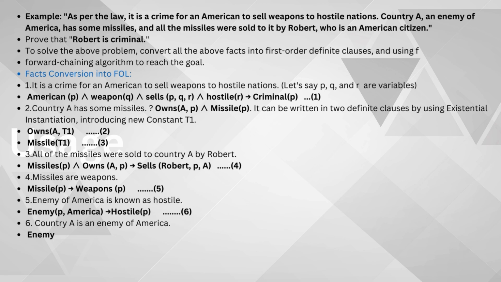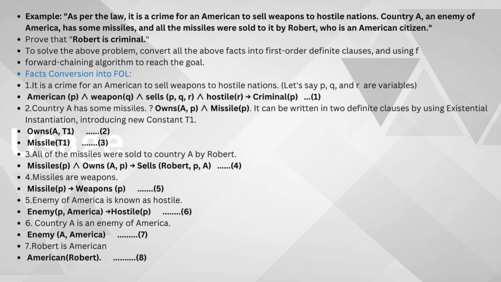Facts conversion into first order predicate logic. It is a crime for an American to sell weapons to a hostile nation. So, it can be written in first order predicate logic as: P is an American and Q is a weapon and P sells Q to R and R is hostile, implies that P is a criminal. So, this is in first order predicate logic. Another statement,